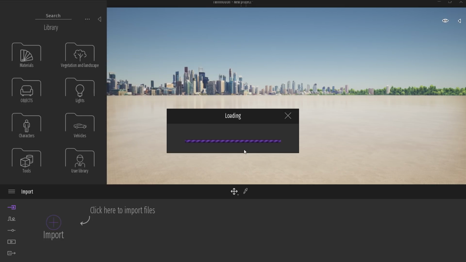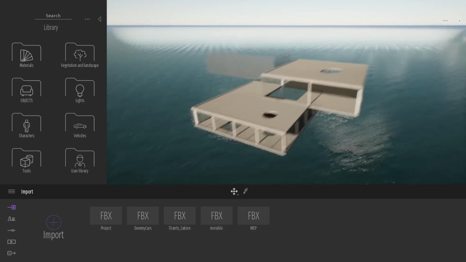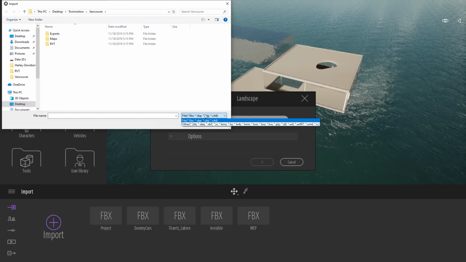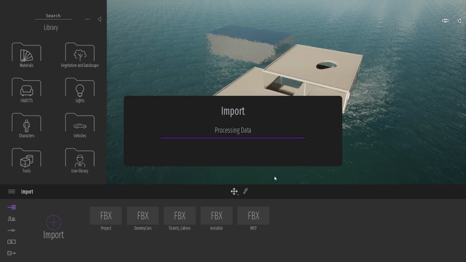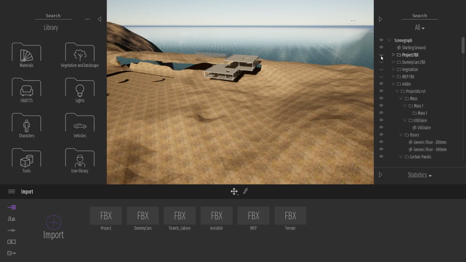I will import my project into an existing project where I have already imported other pieces of 3D model that I've created in 3ds Max and some of them in Rhino. So I'm just going to import these small houses inside here. Now, for this project, you have created also a terrain, and in Twinmotion, you can import plenty of 3D files using different file formats. So here, I will just import my terrain as a .fbx file. And finally, I will just unhide another part of the project, the part that was created in 3ds Max and Rhino.